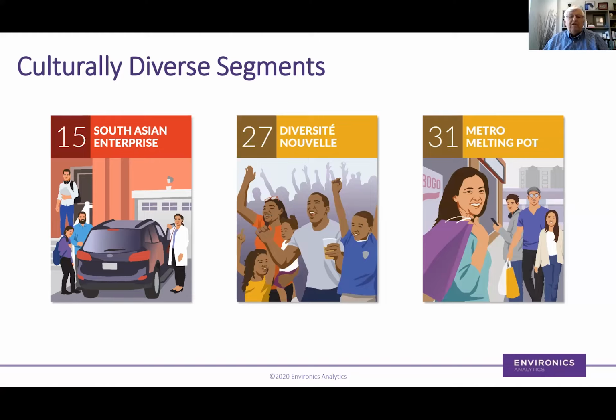An example, Diversité Nouvelle, a segment in Quebec that for the first time is seen in the suburbs of Montreal rather than in the downtown. There's another segment downtown Montreal, but this is a suburban Montreal community with high diversity, mostly on the South Shore in the Brossard area and also up north in Laval. So the new PRIZM really does identify many of the distinctions, I think, that are important for marketers when they look at marketing to either one of the generational groups or the various